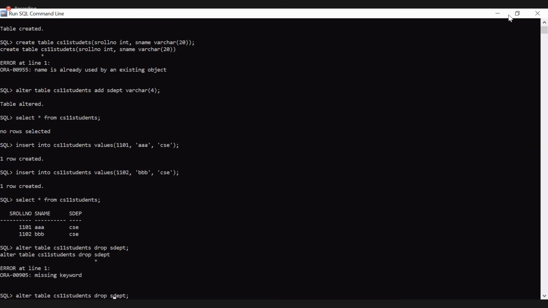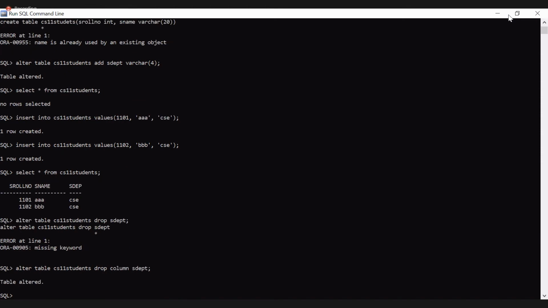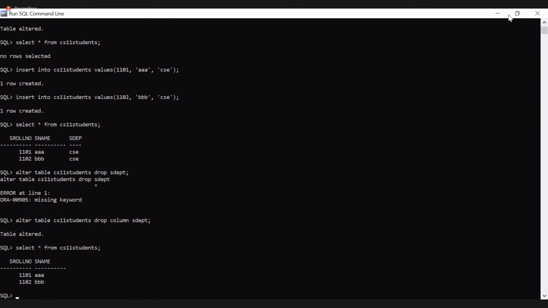Okay, here I forgot to enter the column keyword. Drop column. So now we will check whether that attribute was removed or not. Is it removed?